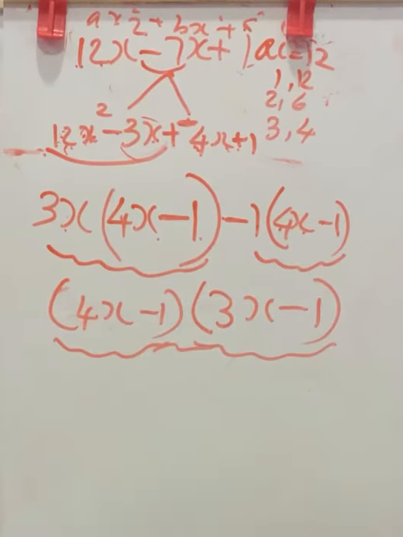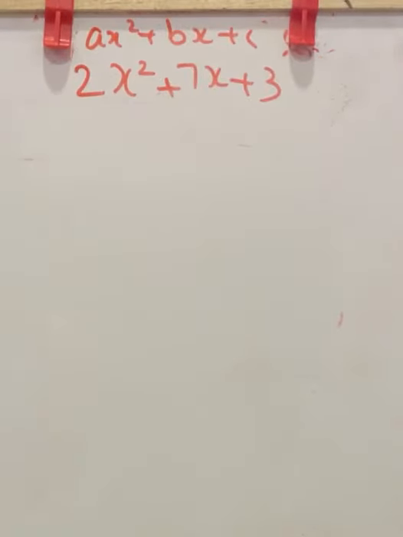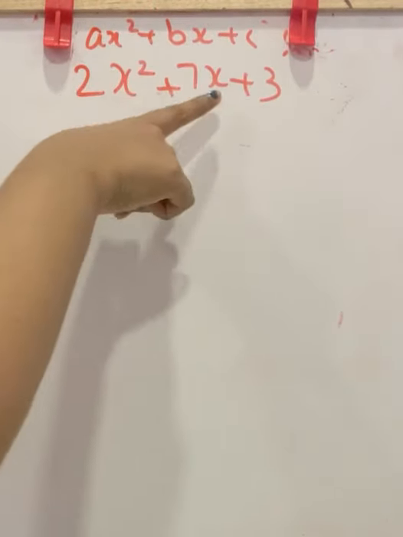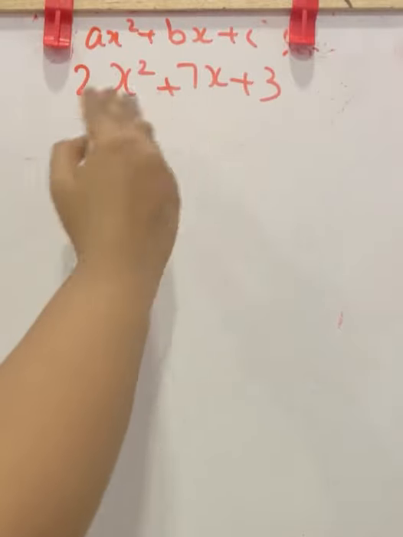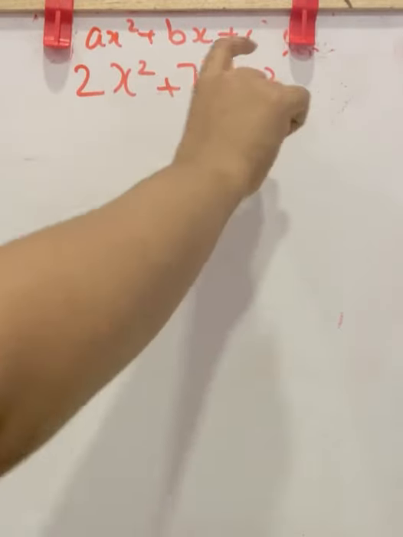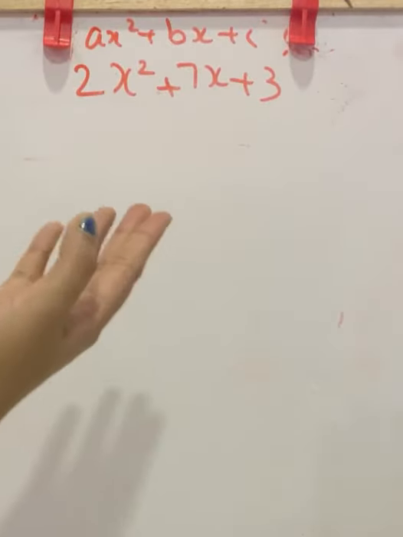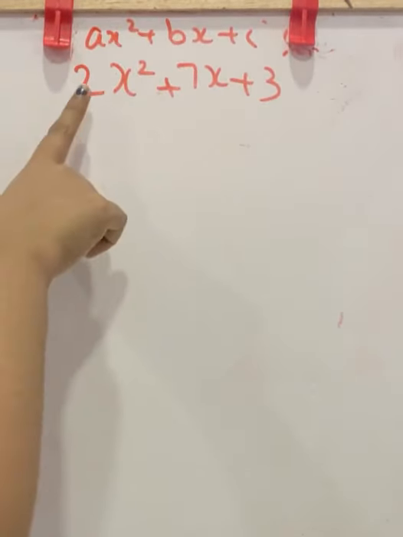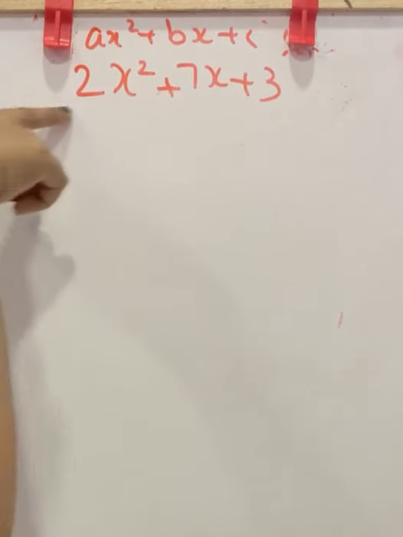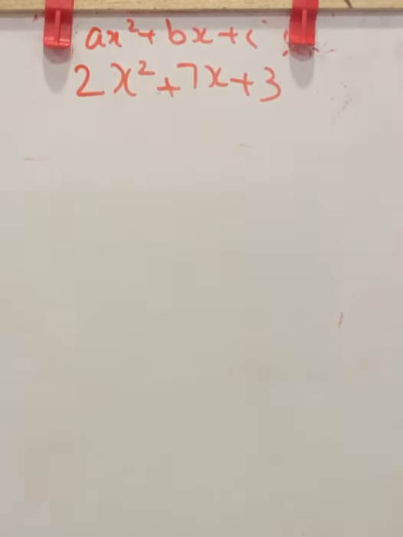These are two factors. Next question to factorize using middle term splitting method is 2x square plus 7x plus 3. Always check whether this is in the standard form, that is degrees are in the decreasing order. Yes, x square, x and 3. If it was not in the order, you have to rewrite it in the correct order. Then only you can start the middle term splitting method. Otherwise, the result will be wrong. So, always remember to write the given polynomial in the standard form.